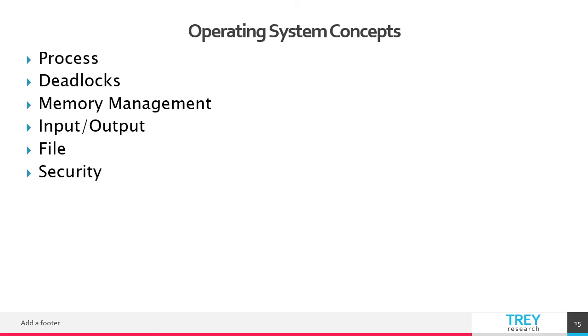Okay, so operating system concepts. Here we will list the different concepts of an operating system. The first one is process. Second, deadlocks. Third, memory management. Input or output device, file, and the last one, which is security. In this lecture, I'll talk about each and every operating system concept in detail as we go on. Okay, so make sure as usual you have somewhere to write, to take note of the important concepts,